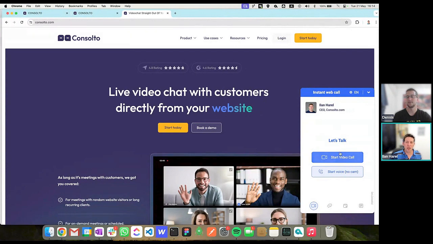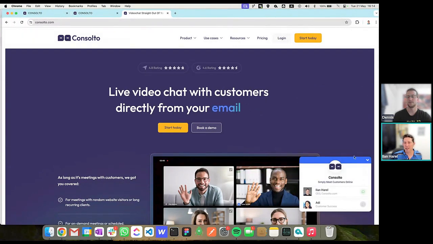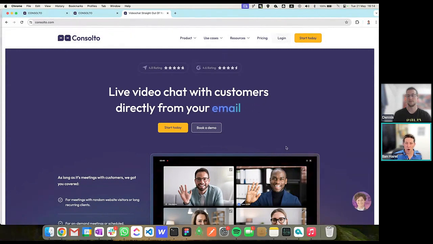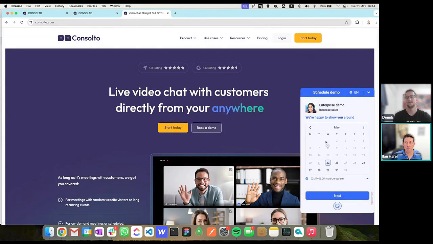Now, this widget can be triggered either as any other widget by clicking on the widget itself or by using buttons on your website. Now, on our new website, which we launched a few weeks ago, these buttons serve as booking or launching, triggering the booking part of the widget.